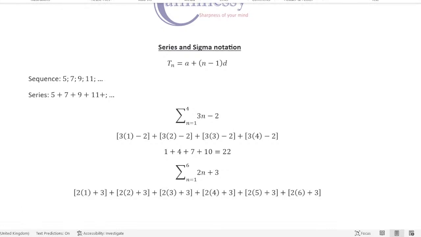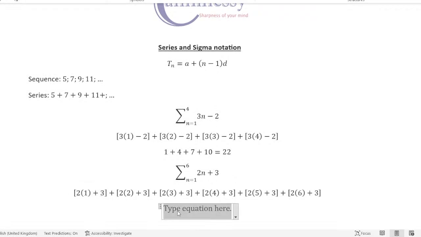We have 2 times 1, that is 2. 2 plus 3, that will be 5. Here we have 5 plus 2 times 2, it's 4. 4 plus 3, that will be 7. 7